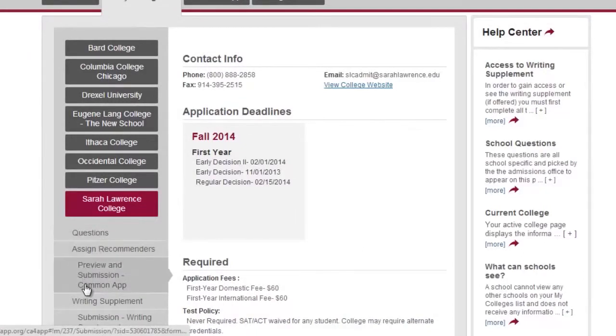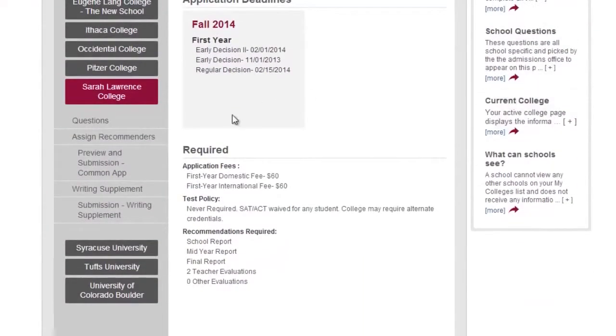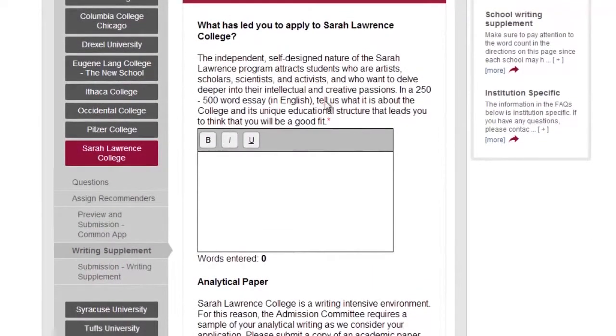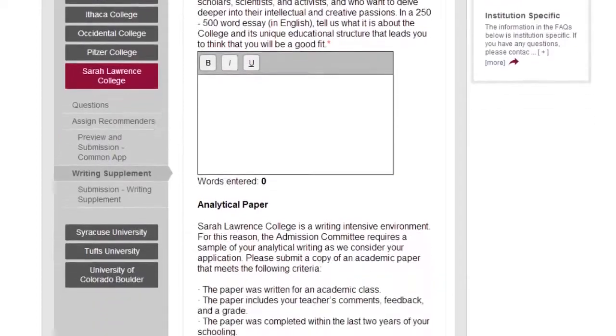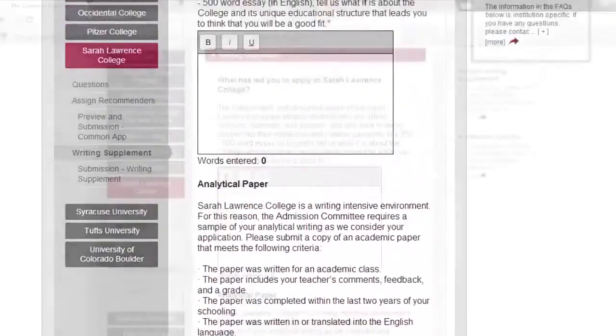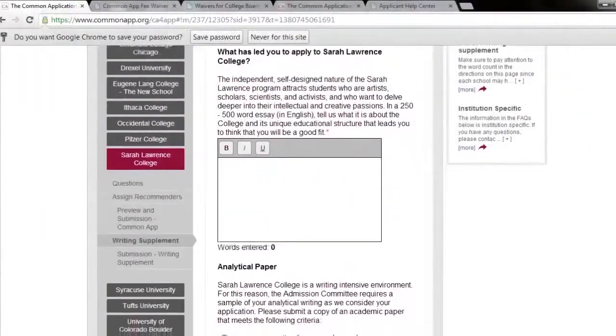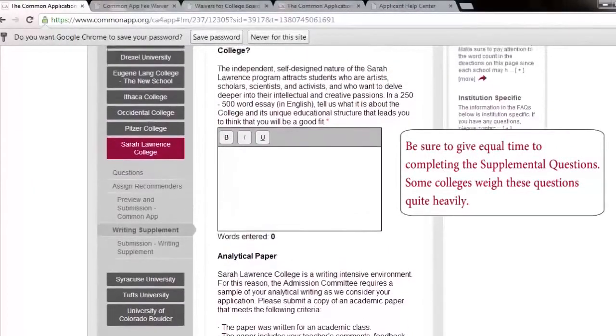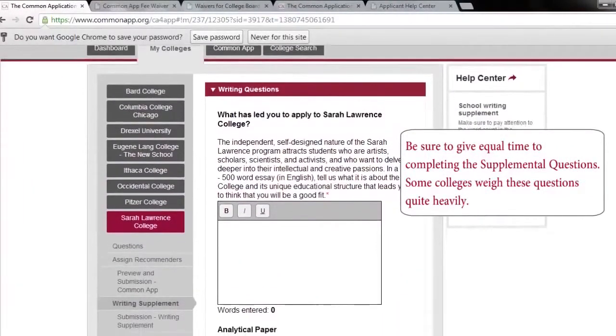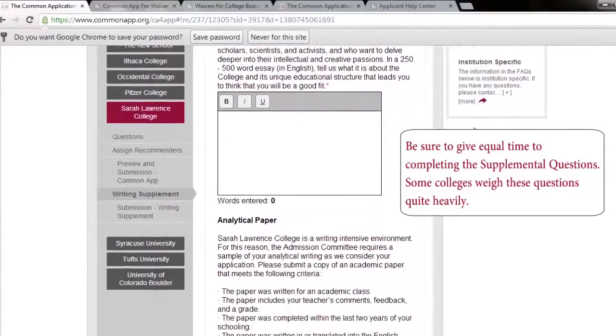They also have an additional writing supplement that they want you to complete in addition to the Common App personal statement. So if we click on this, you can get an example of some of the questions that you would need to answer. And some of them are more involved than others. It's really important to review these questions earlier on so that you can start brainstorming and getting your first draft done. Because if you wait to the last minute, you'll see that this is what can really feel overwhelming, is